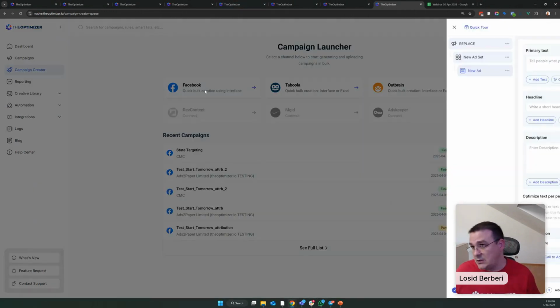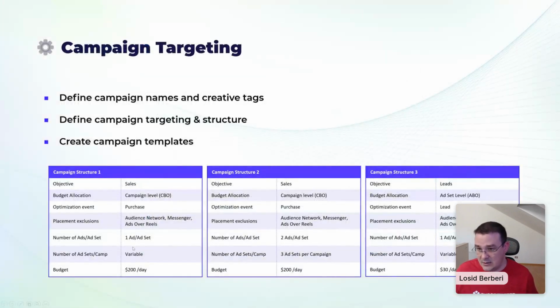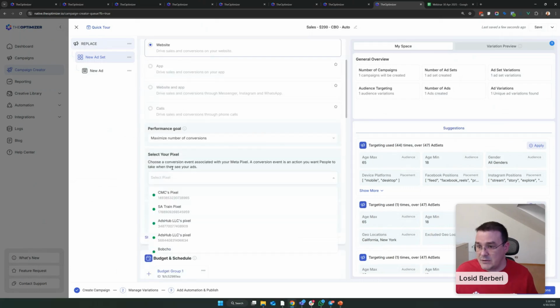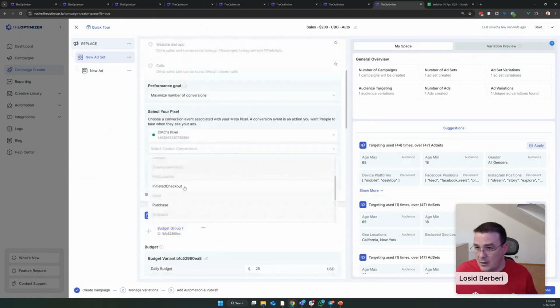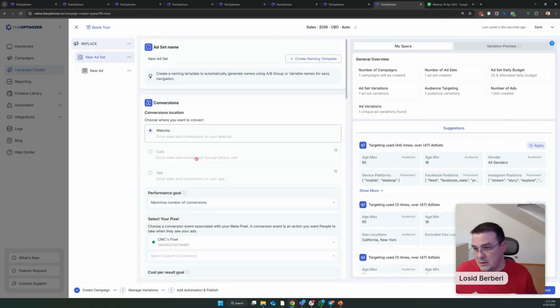I'm just gonna start over with a new template, because we have this difference here with 1 ad per ad set per campaign and 2 ads with 3 ad sets per campaign. For that, we will use the same template. Now here I want to create the other one. Again, replace here, and I'm going to do ad set budget level. So I'll just select the pixel. This is going to be leads. Where are you? Okay, it's not, it's a sale campaign. Leads, and